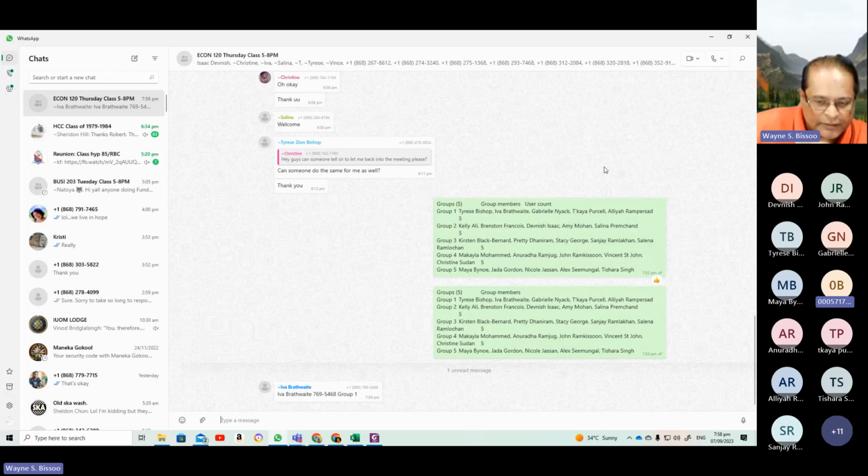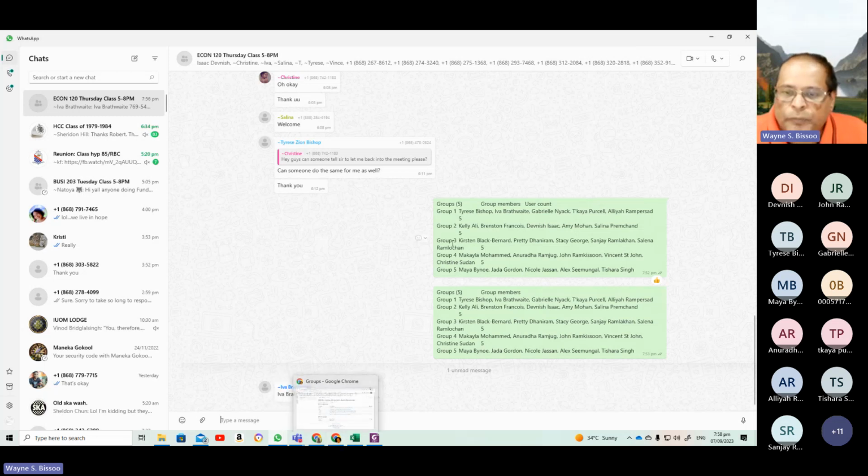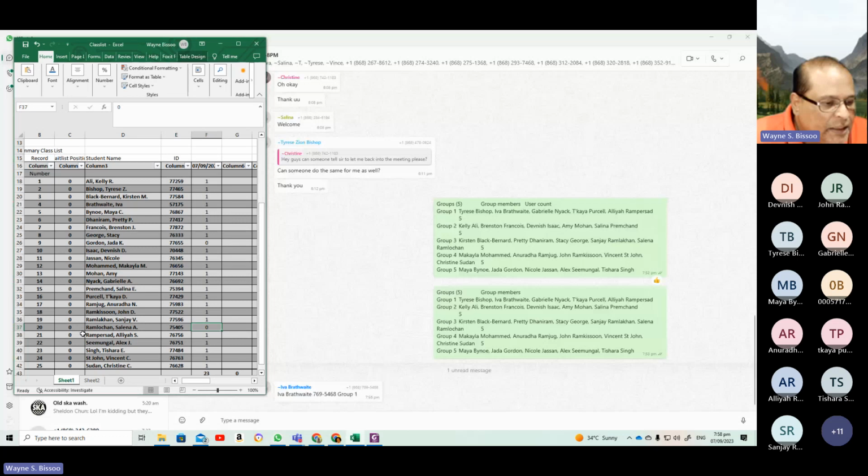Right, so first thing would be to communicate with each other. For those people who have absent members, what I want you to do is to email them. And for you to email them, group 3 needs Ms. Ramlochan's student ID number. And her student ID number